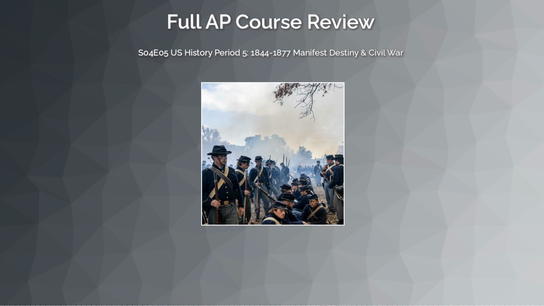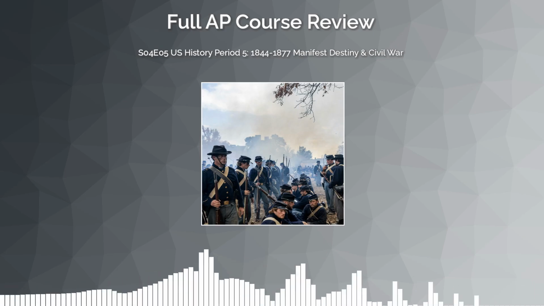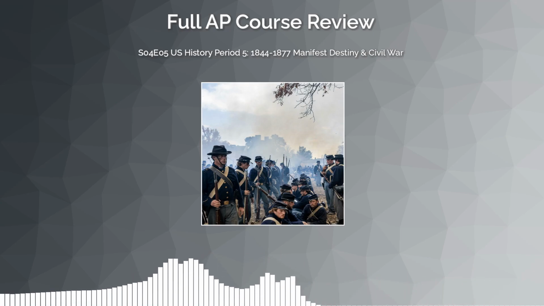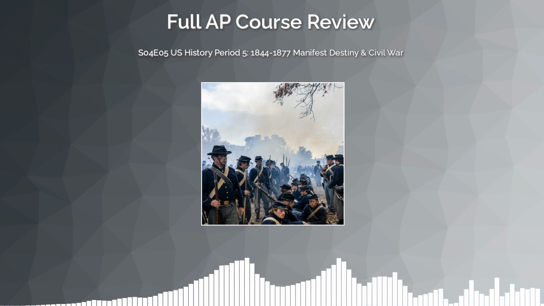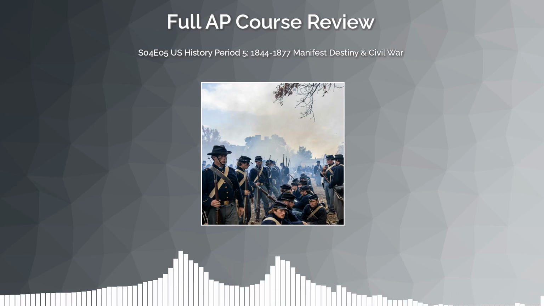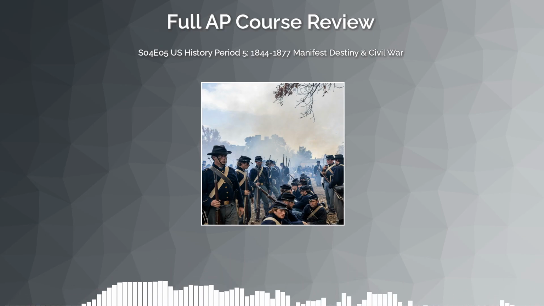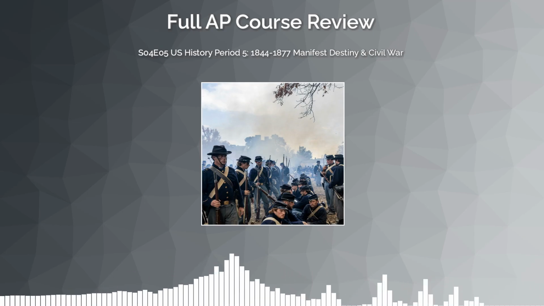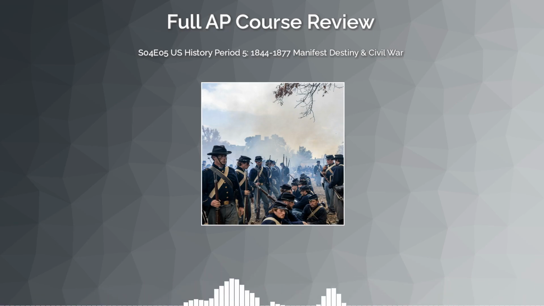The redeemers and the rollback. Once federal oversight retreated, Southern Democrats, calling themselves redeemers, moved swiftly to dismantle everything Reconstruction had built. They used poll taxes, literacy tests, grandfather clauses, and outright violence through groups like the Ku Klux Klan and the White League to strip black men of the vote they'd gained under the 15th Amendment.